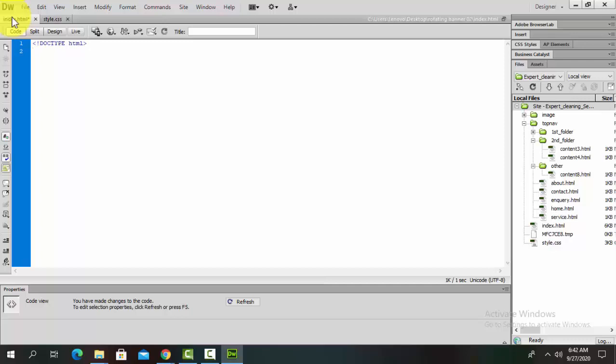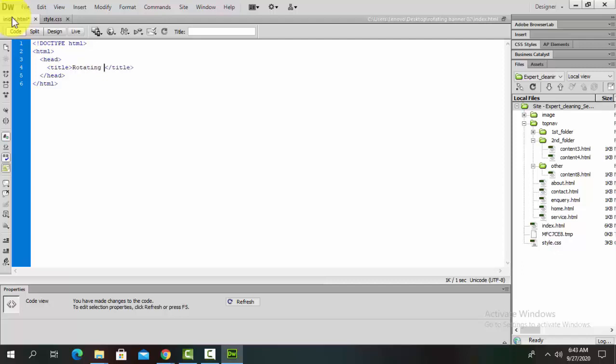Then we set a doctype HTML. Basically doctype HTML is used in HTML 5.1. After HTML 5.1, the old doctype is used very rarely. So next one is our HTML tag and closing HTML tag. Basically the HTML tag is used to tell the browser that the HTML page is starting.